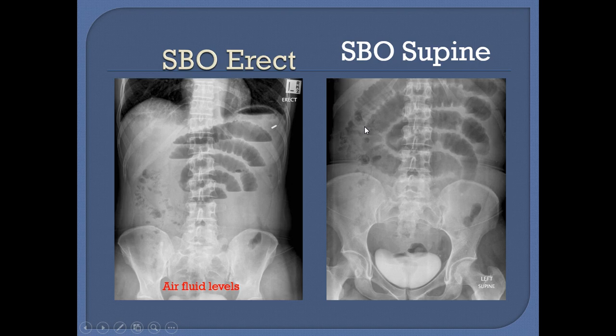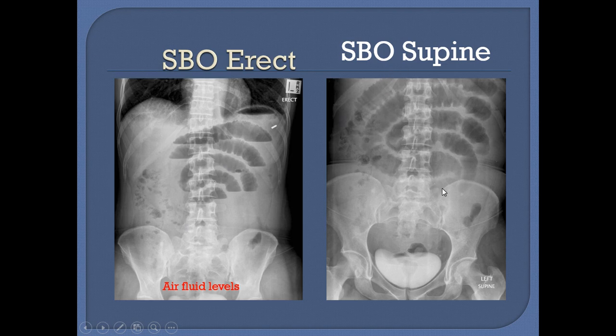These are a few x-rays taken of the same patient in erect and supine positions. This is the small bowel obstruction. You can see the dilated small bowel loops in the mid-abdomen with air fluid level. You can see this is the cutoff. The air goes up and the fluid settles down, and these are in the mid-abdomen. How can we say this is a small bowel? We can see these are the valvulae conniventes and the bowel loops are in the mid-abdomen.